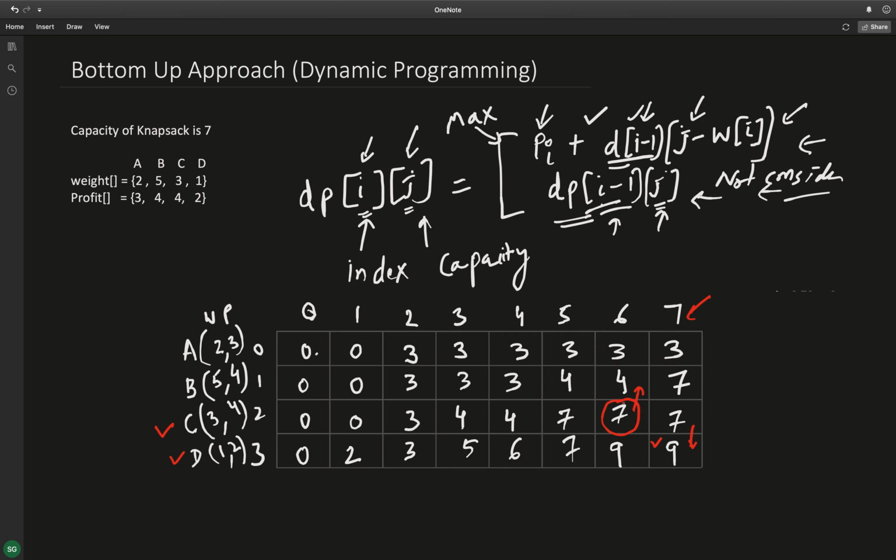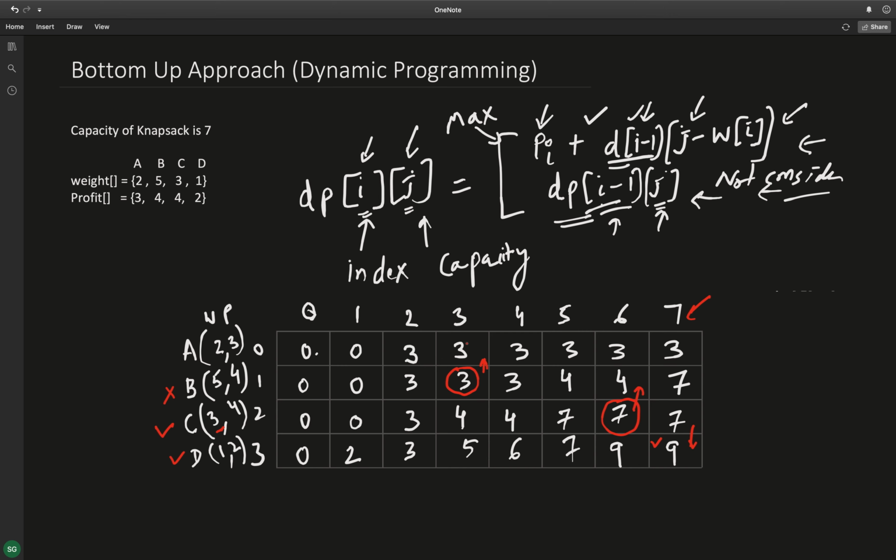Okay, now we will see that these two items are considered. Now the weight value is 3, so we will subtract the weight from this 6, that is, now we'll go to 3, so we'll go to this cell. Now we'll see that the value is the same as the cell above. That means this item was not considered in this calculation. In making the profit maximum, this item was not considered.